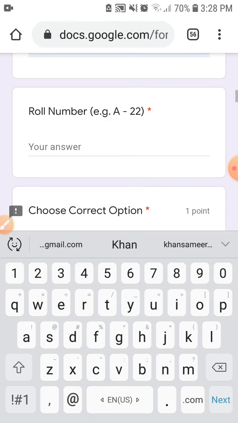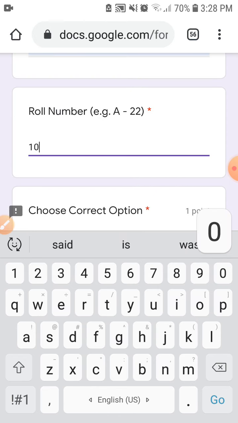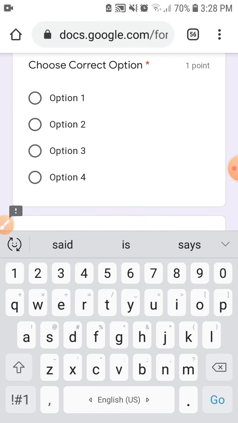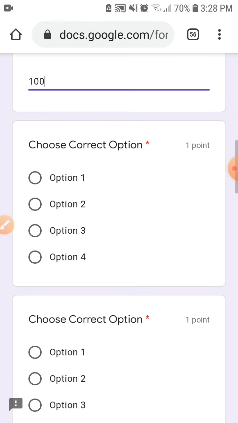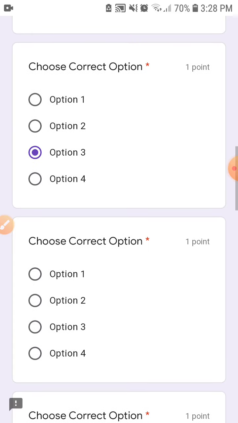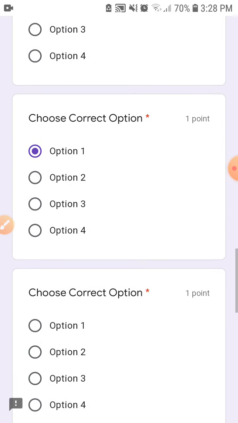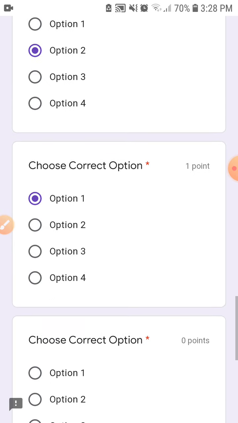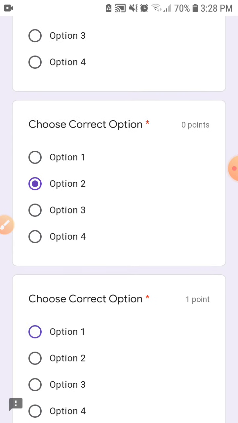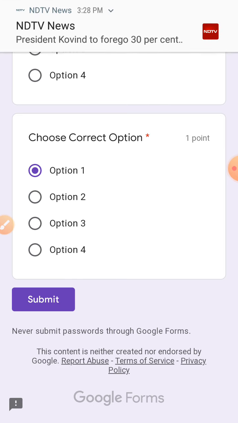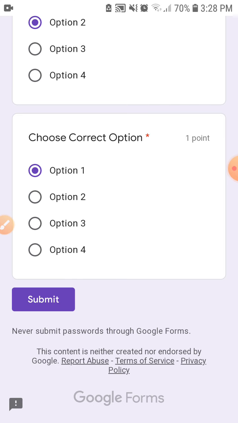Name of the student, roll number. I will select any one option out of 4, just as a part of demo sessional examination. After attempting the 10 MCQs, I will click on the submit button.